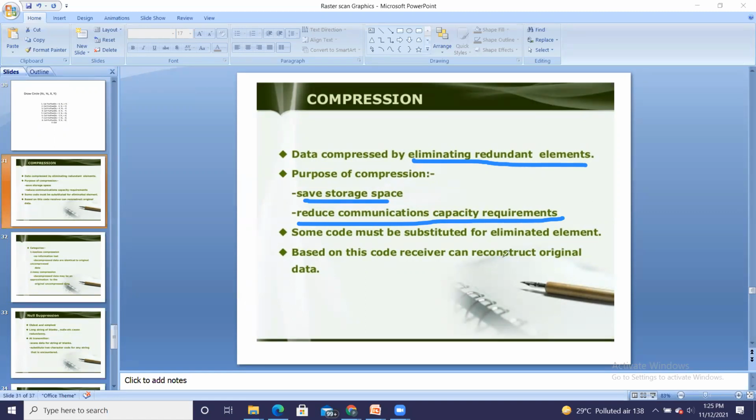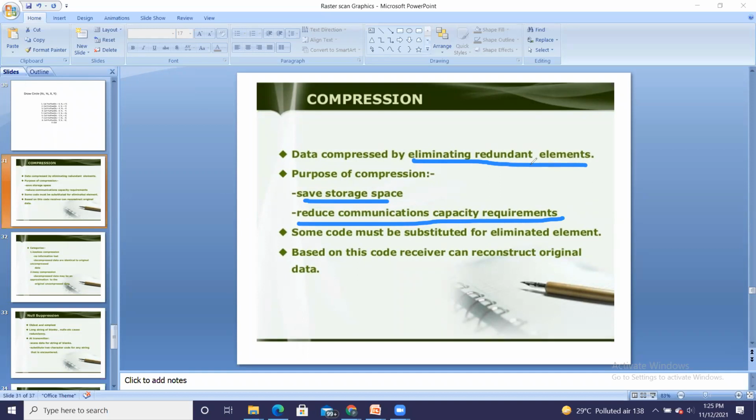Then, some code must be substituted for eliminated elements. Now we have seen data compression is nothing but eliminating the redundant element. Redundant means the occurrence of that element is present many times, so we have to eliminate them.